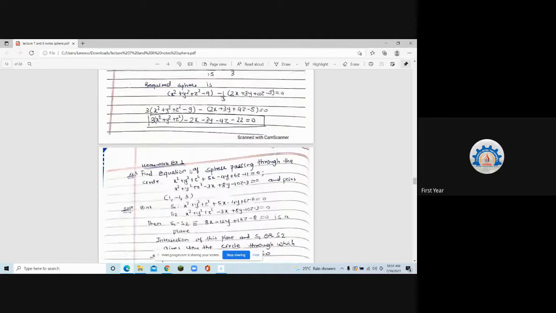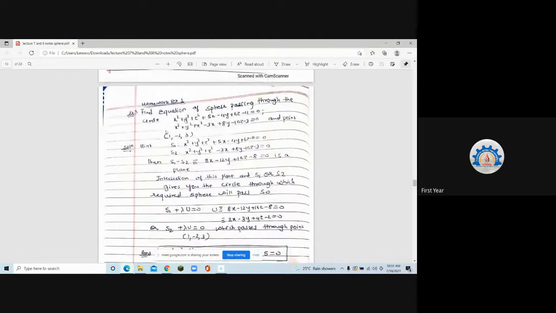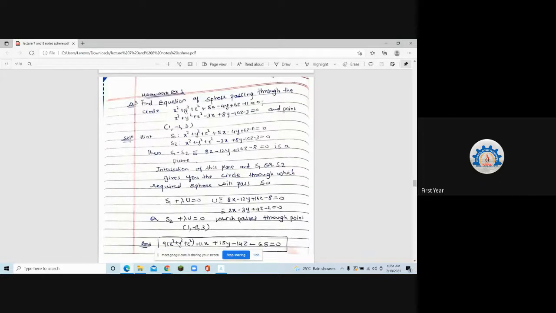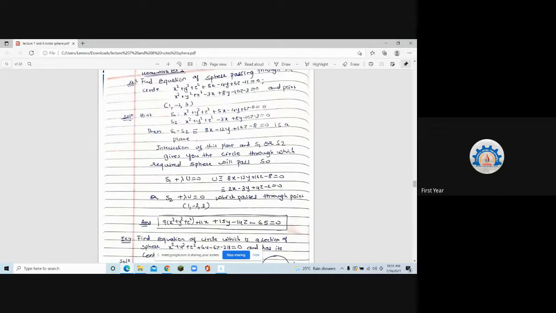Now there are various types of questions. This was the second question which last time I had given for homework. Find the equation of the sphere passing through the circle. Two spheres are given and one more point is given. So here you can go by this way or by this way. Still here you get two different spheres. Try to find it. S₁ + λu = 0, S₂ + λu = 0, if you use plane and sphere. This is a special case. So try to solve this. I've already shared these notes, or maybe I'll share them.